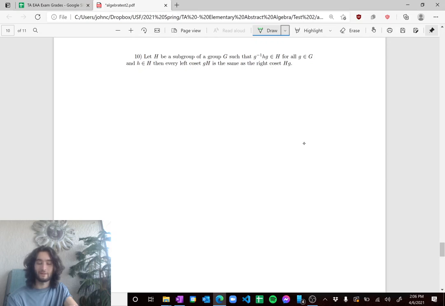So here's one quick way to get from the first thing to the second thing. So g inverse h g is in H, right? That's what we know for any element h. Now, what do you think this would be, right? So if here we have, well, yeah, actually that's a great idea. So here's